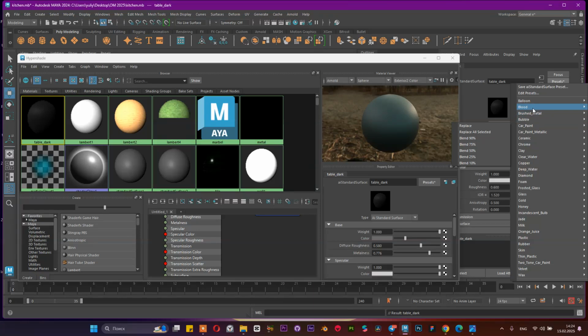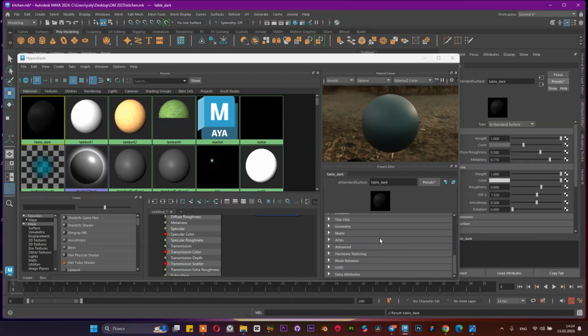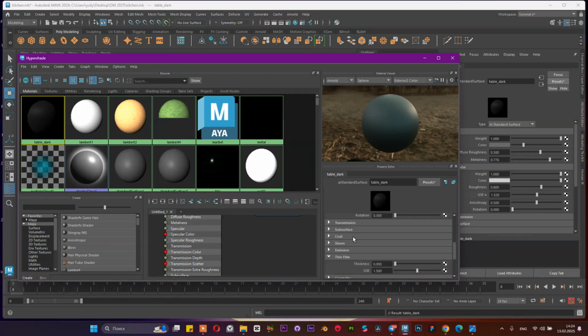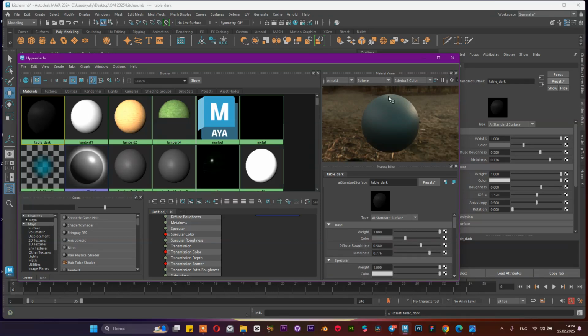In the preset you can find brushed metal, maybe brushed metal is also useful for this one. We have ceramic, clay, glass material, rubber, and velvet. And according to these presets, these settings change and give you the feeling of this material, but this material looks